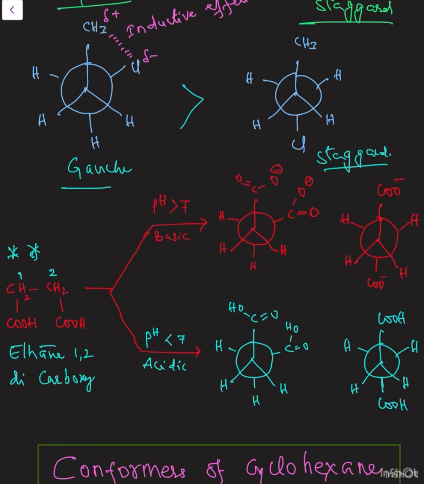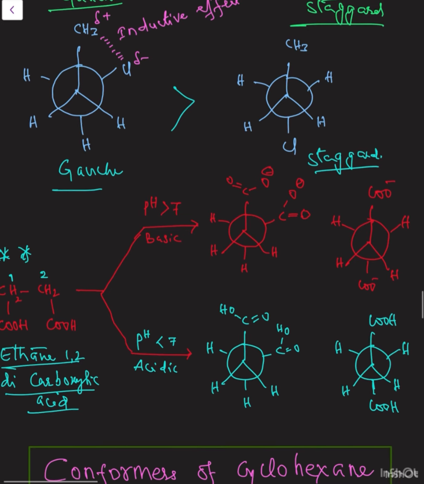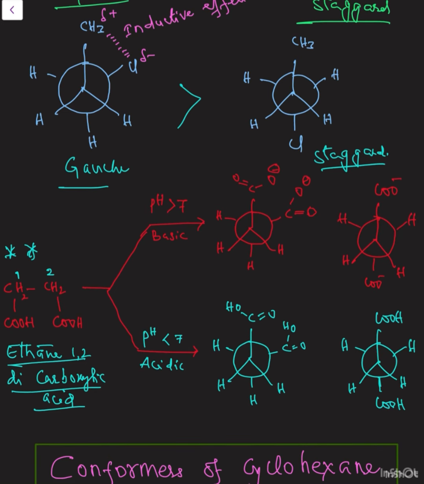In the case of base and acid, we are going to discuss what type of products are formed. Now when pH is greater than 7, the solution becomes basic, and here, in the presence of base, the compound formed has COO minus,